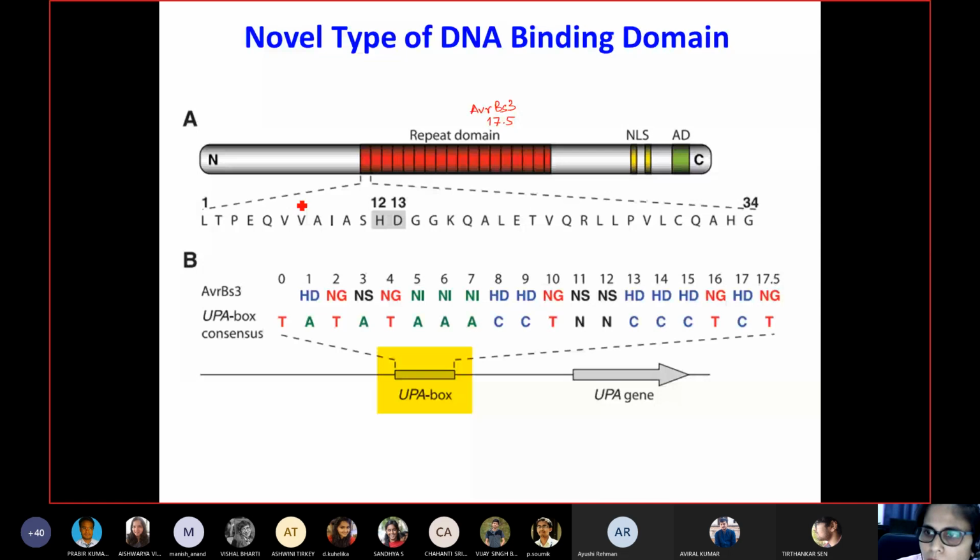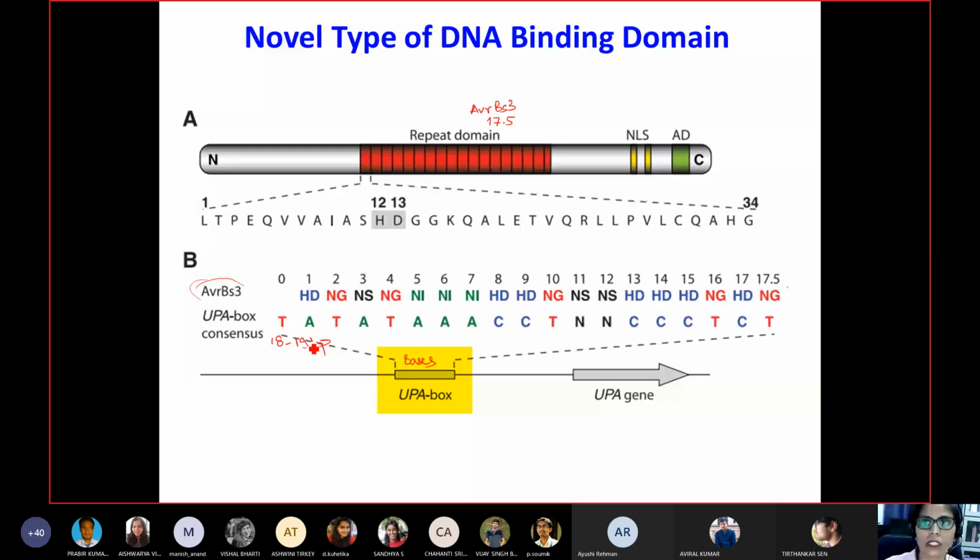So this UPA box is directly bound by AVR effector proteins. Basically, the number of repeats, for example 17.5, and the number of bases in the boxes were almost similar. If it is 17.5, then it will have around 18 to 19 base pairs in the boxes. This observation was there from both the groups, and they prominently established a model that